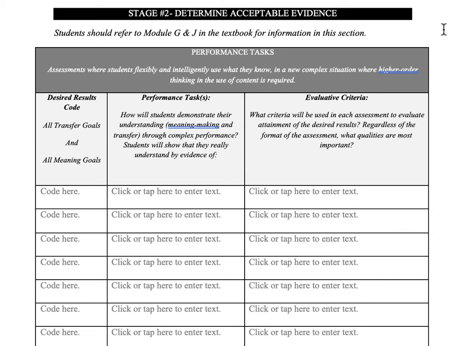You will list the performance tasks in the performance tasks column, and then you will make sure that every task is aligned with transfer and meaning goals. So go ahead and put those codes from stage number 1 here in the left-hand column labeled desired results. And then over in the right hand in evaluative criteria, you're going to put the criteria that the students will